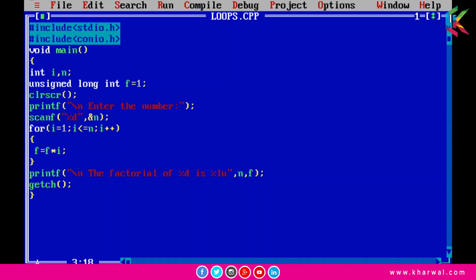Now in the for loop, i equals 1, so the value of i is 1. 1 is less than or equal to 5 because the value of n is 5, so this condition is true, and then f = f * i. The value of f is 1 and the value of i is 1, so 1 into 1 is 1, which is assigned to f. Then i++ will be executed, so the value of i will be